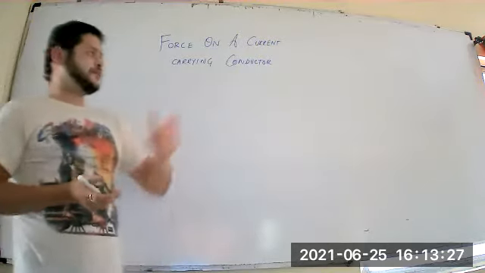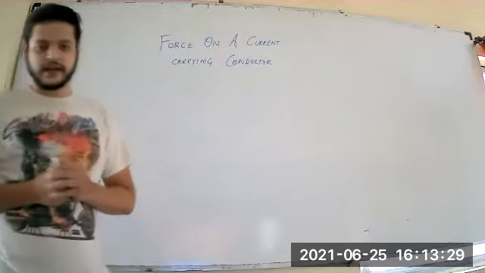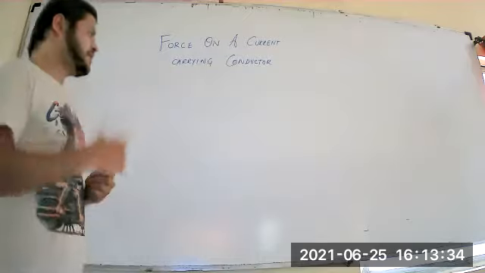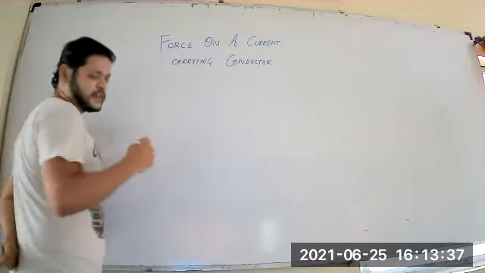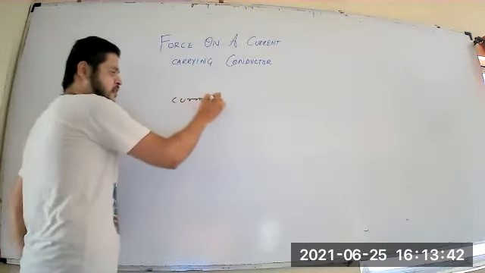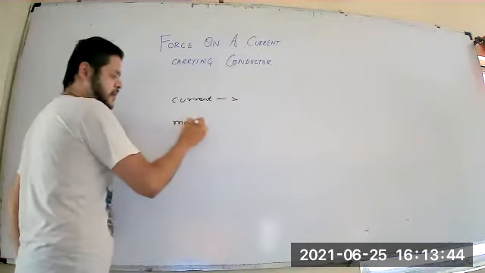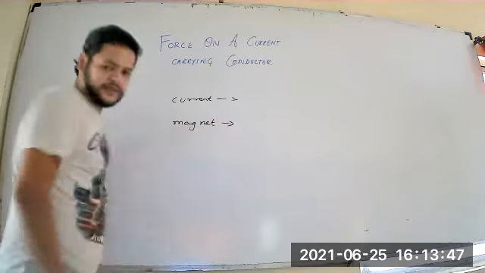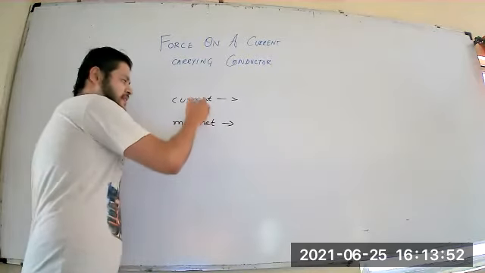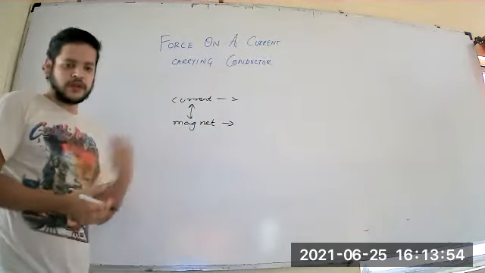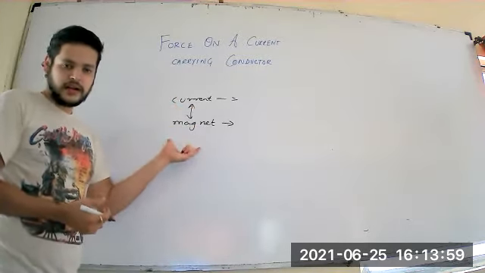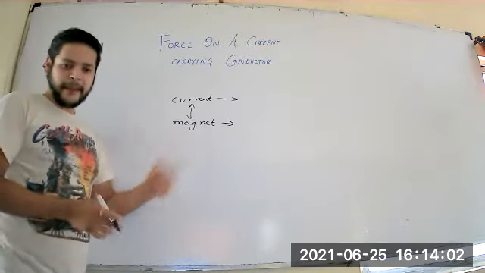So today we will see the next part of your chapter, that is force on a current carrying conductor. Basically, till date we have studied two things differently. We have studied current separately. We have studied a magnet separately. Now we will see what happens when there is an interaction between both of the energies or both parameters, the current or electrical energy and the magnetic field.